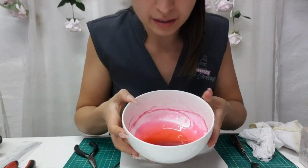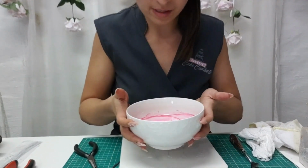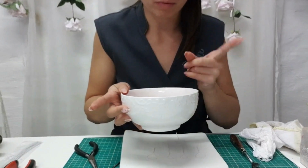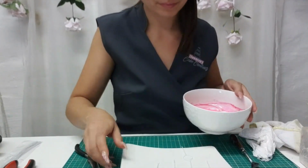If you do find little bubbles in it, what I do, I give it a good swirl a couple of times until I see my bubbles going outward. Okay, remember, we don't want bubbles. So the effect that we want to create